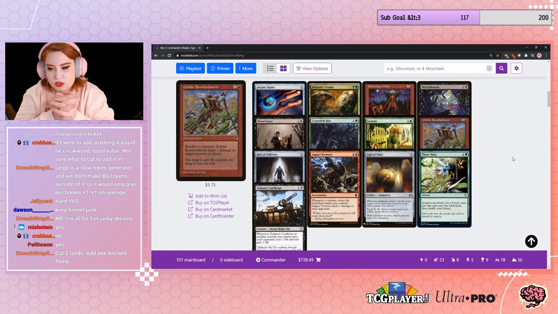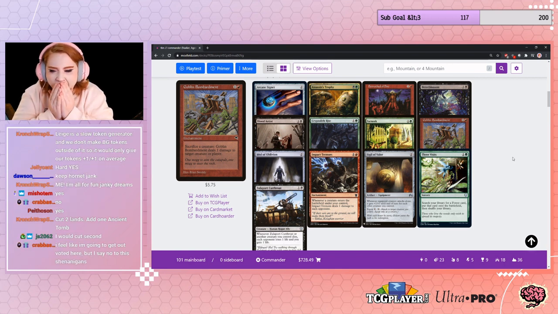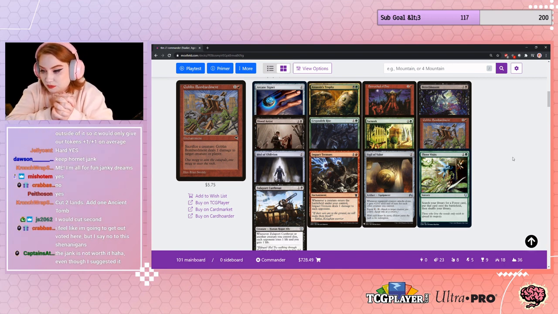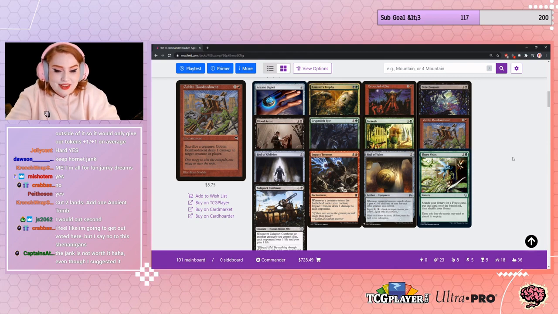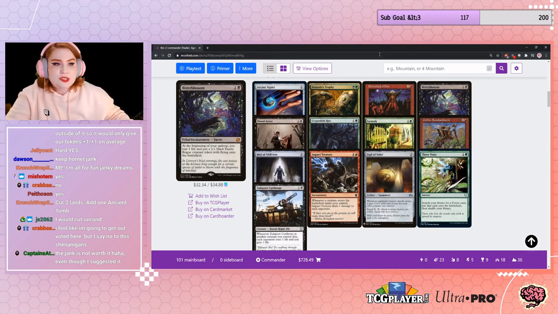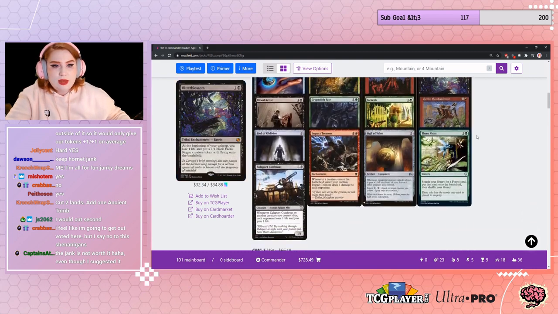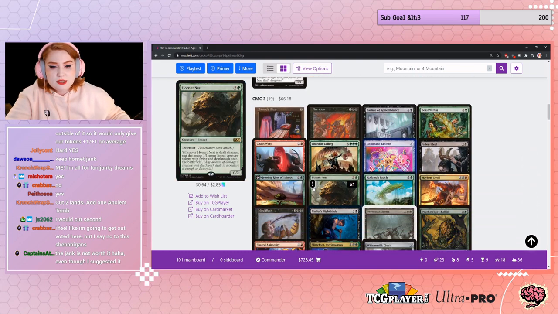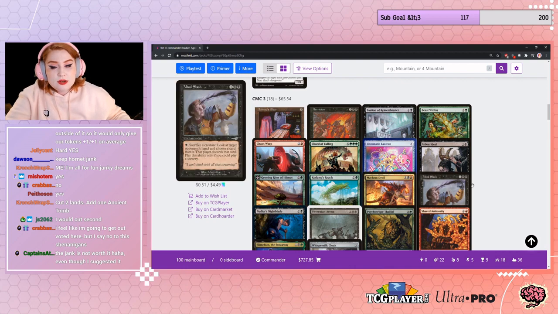What do you think? Cut 2 lands at 1 Ancient Tomb? Yes or no? Or cut something else? The Jake is not worth it, even though I suggested it. Okay, so y'all said the Jake is not worth it. Okay, so then I will go back and recut Hornet's Nest, which means that we are done with this deck,